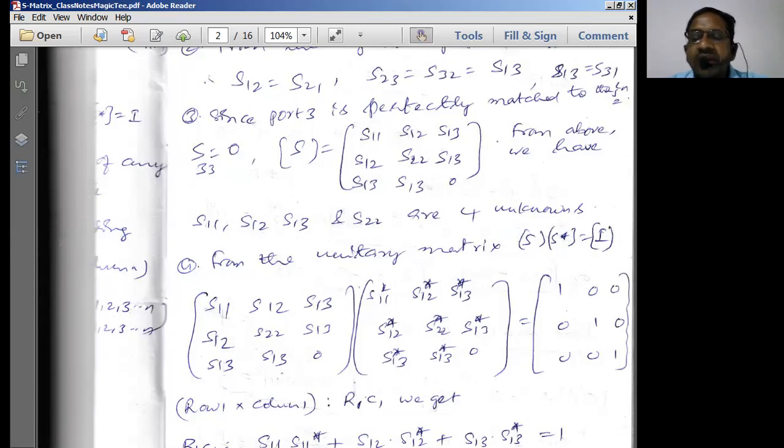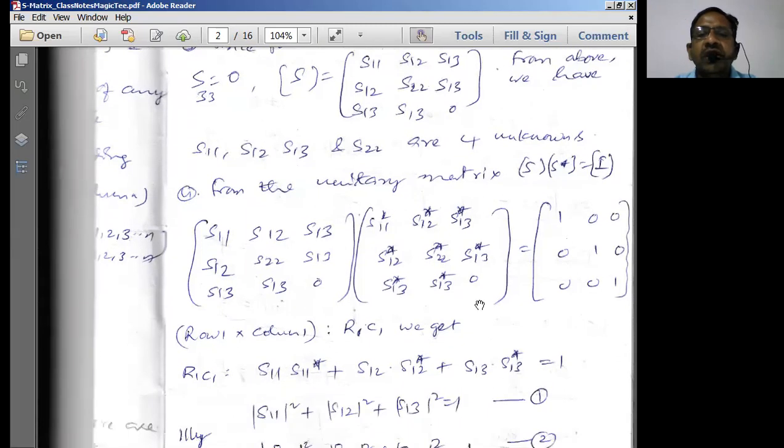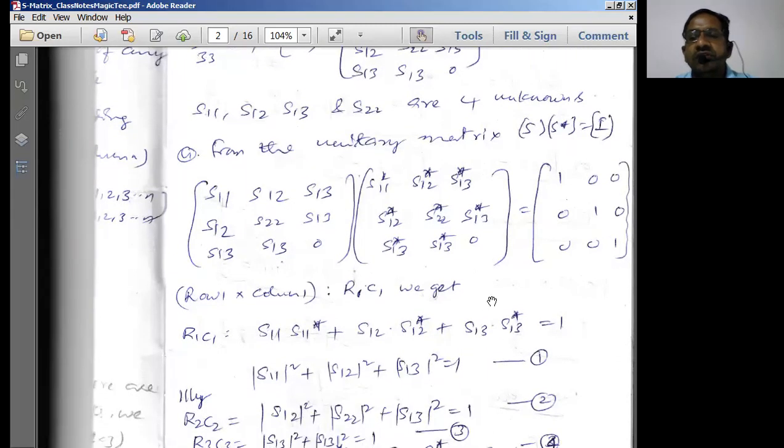It is something like an experiment. When you perform an experiment, you give input to the ports and get the outputs from other ports. By using all the combinations, this is what is going to give us the S matrix. So that is why we finally have to give the S matrix representation to analyze the working of the H plane T. Okay, now one more property we have is called the unitary property, the unitary matrix property.